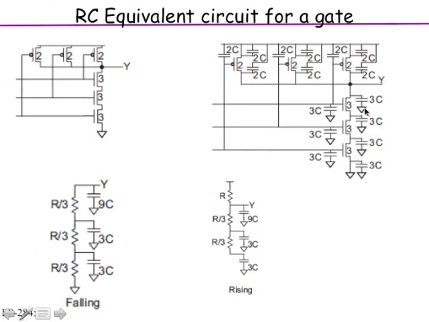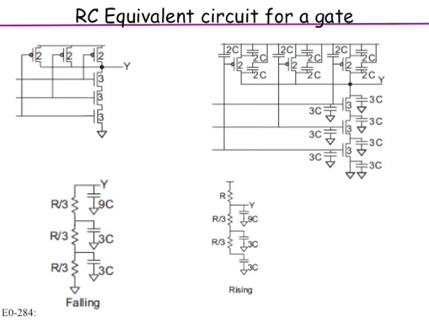Okay, so now the total capacitance: there are 6C connected to VDD and 3C connected to ground. Now you should remember that the assumption is that VDD is an ideal power source with an impedance of 0. So as far as this kind of analysis goes, it's basically a short.